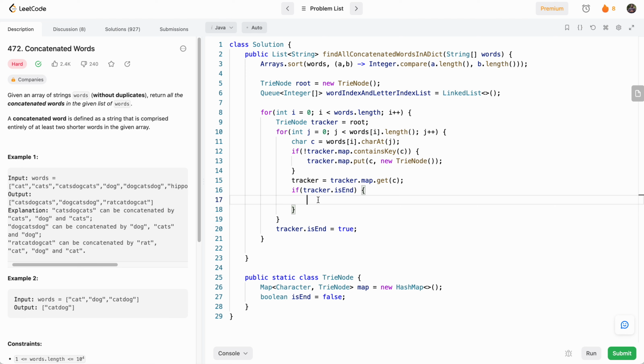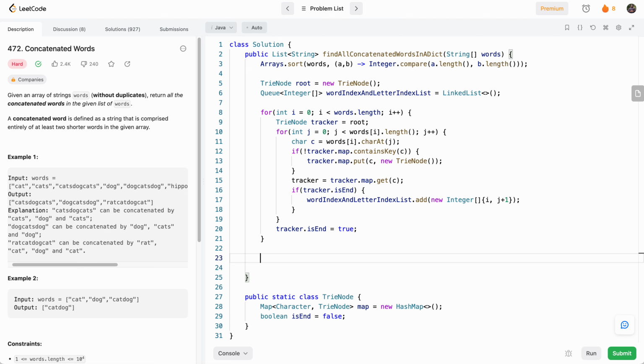So in this case, we'll add to our list of things to revisit the index of the word, which will be i, and the index of the letter to start checking again later when we revisit it, j+1. So now that adds everything to our trie. And now let's just go through this queue. We'll say while not this queue is empty,